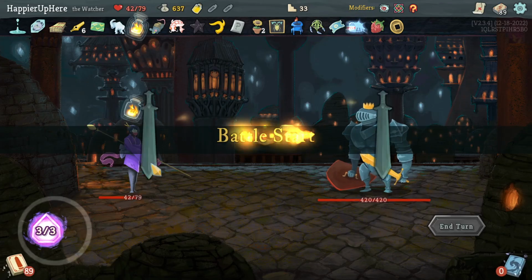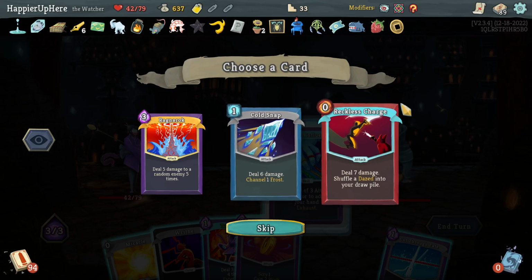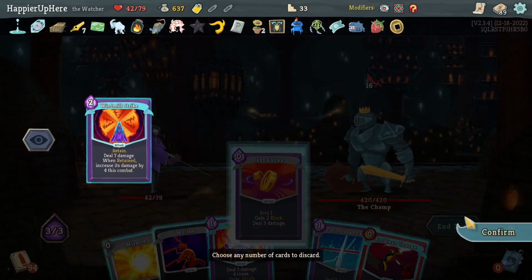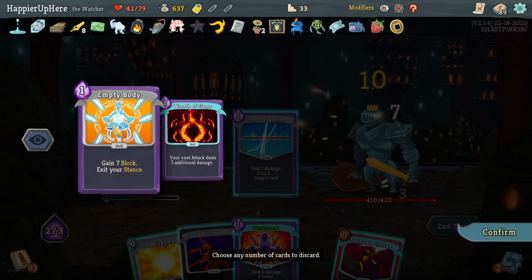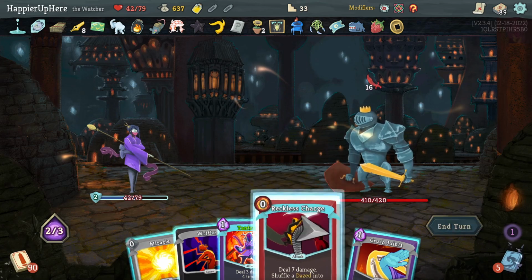I guess preserve more HP, not enter Wrath. That might not be a bad thing to do. I still got the same thing here, right? Reckless Charge I think is still fine. Let's still do Just Lucky. Get rid of this. Still do Cut Through Fate. What if I get rid of both of these? Yeah, because there's no chance of perfecting, and hopefully that will allow me to...